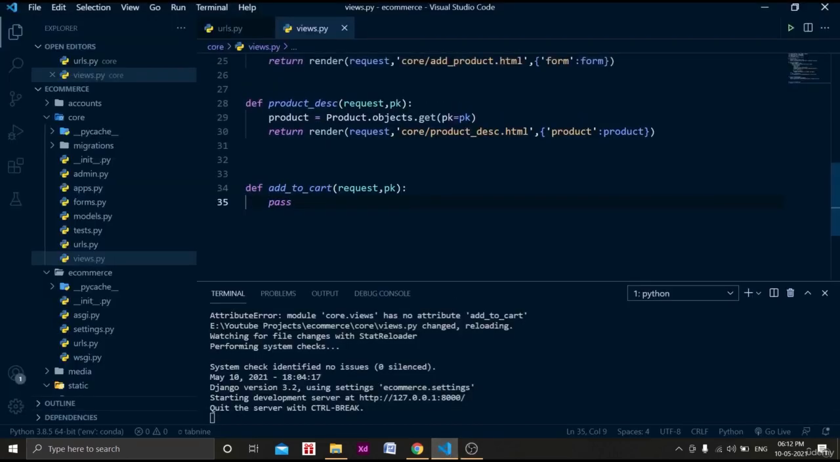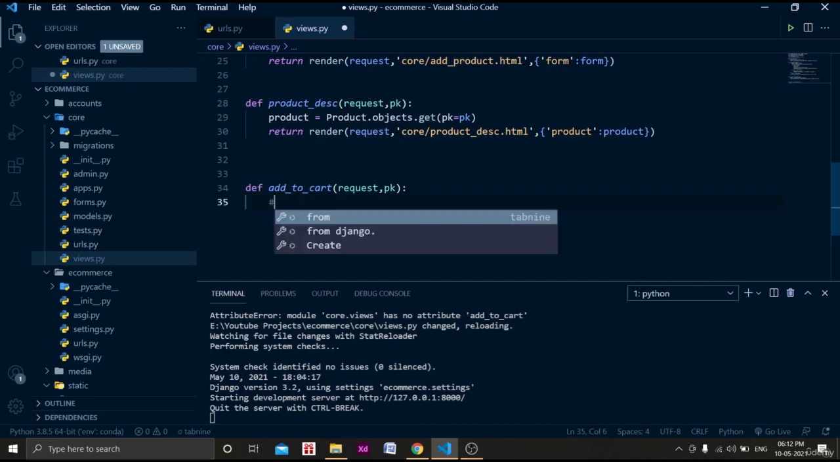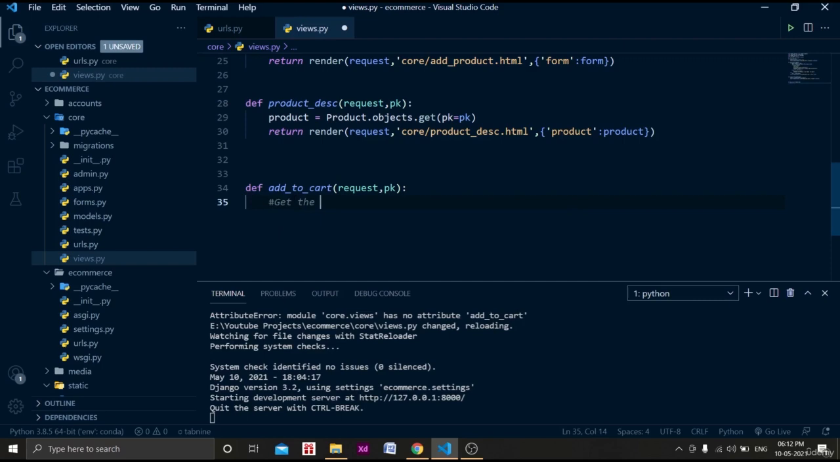Okay, so let's write code for the add to cart function. Here let me tell you one thing. When we are adding a product to the cart, it will get that product ID, and it will create an order item, and that order item will be added to the order. So one order object is also created and it will store, right? So this is the working of the add to cart functionality. So the first step of doing this is we will create product. We will not create a product, we will get that product. So the first step is to get that